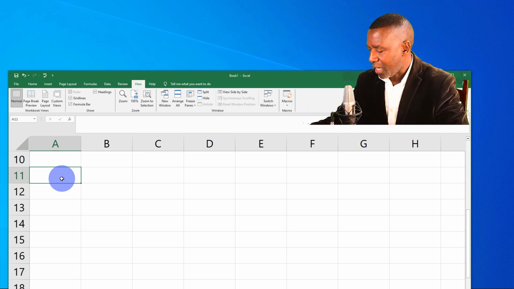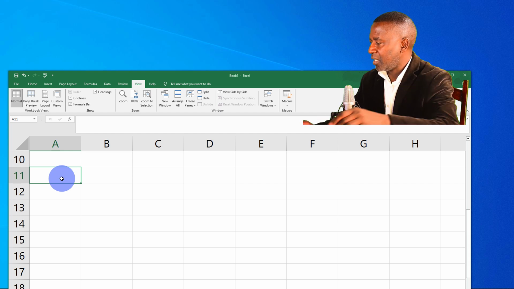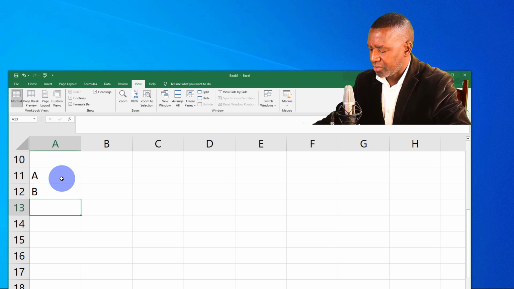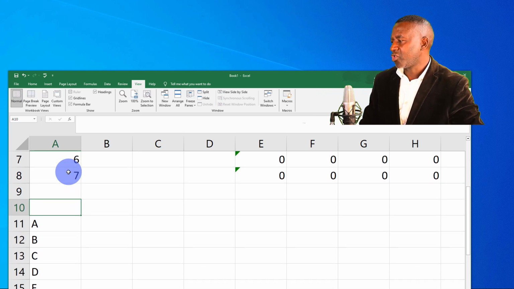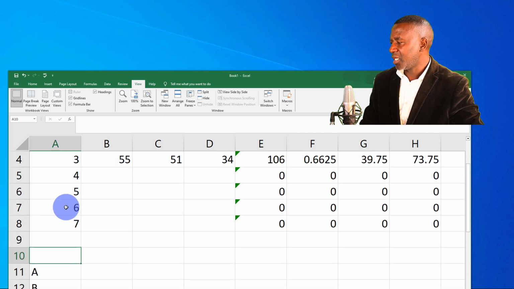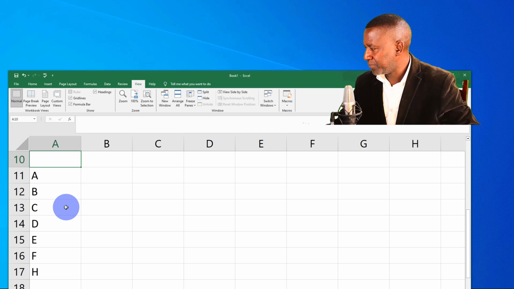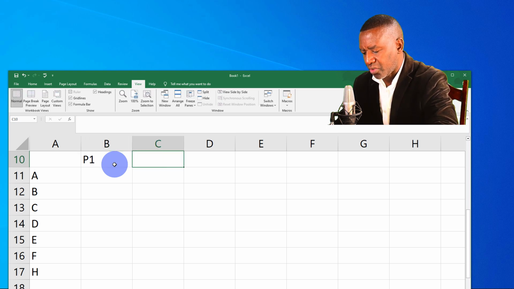How am I going to name these students? Let me name these students A, B, C, D. So student A, student B, student C, student D, student E, student F, and student G, for example, or H. Something like that, right? And then above here, I'm going to have what the student scored in paper 1. I'm going to call that one paper 1. And then I'm going to have what the student scored in paper 2, what the student scored in paper 3,